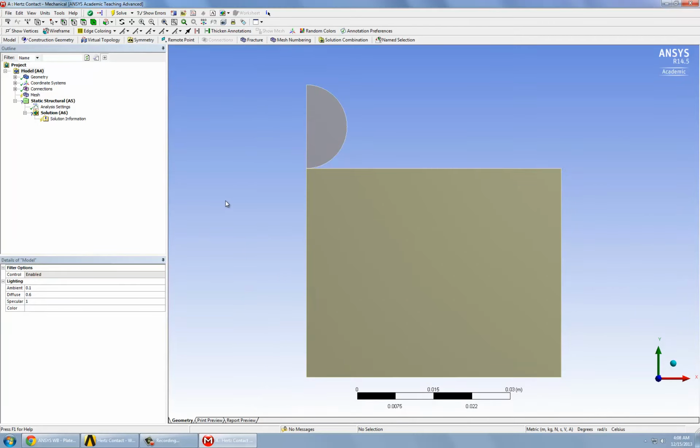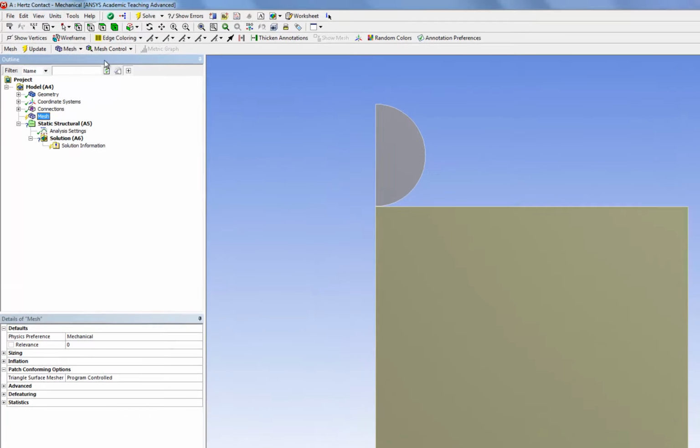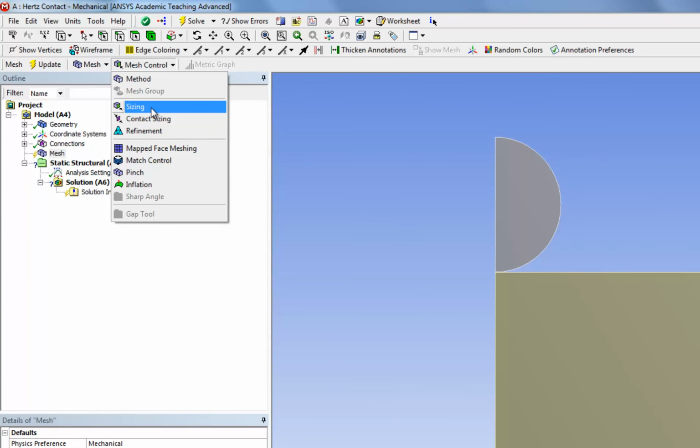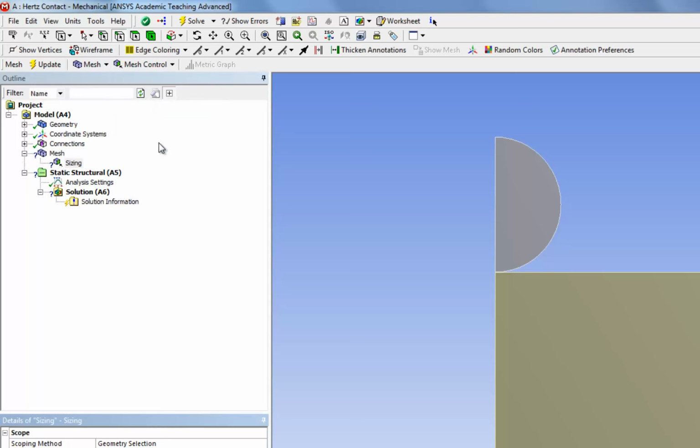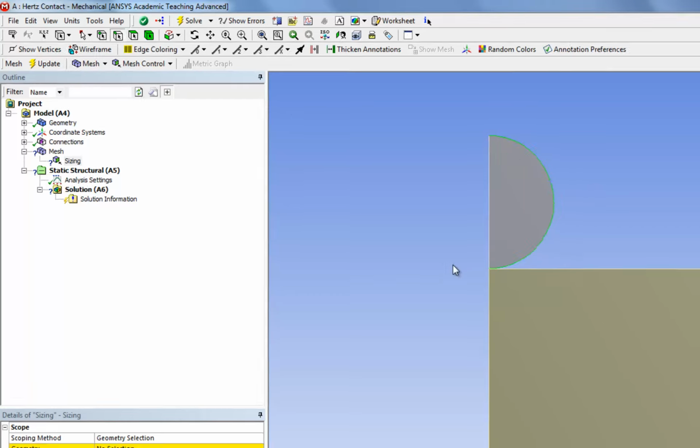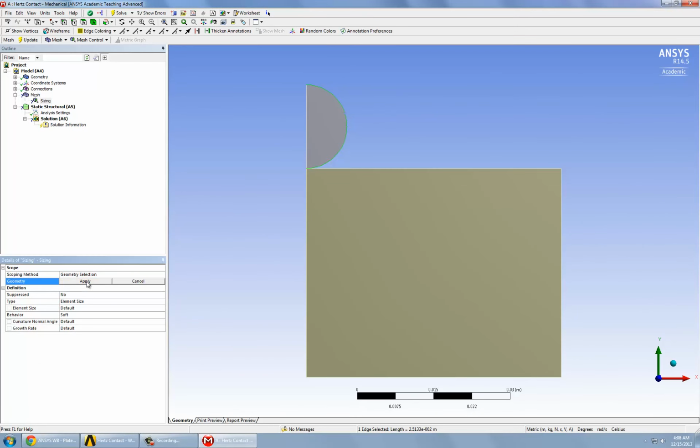We can zoom out. And the first thing that we're going to do is create our mesh. So we highlight mesh. And under mesh control, we're going to click on sizing. Now, there are various ways of creating a mesh profile. And I'm going to do it this way. I'm going to click on the edge button if it's not clicked already, and I'm going to click on this edge, the circle edge, and click apply under geometry,